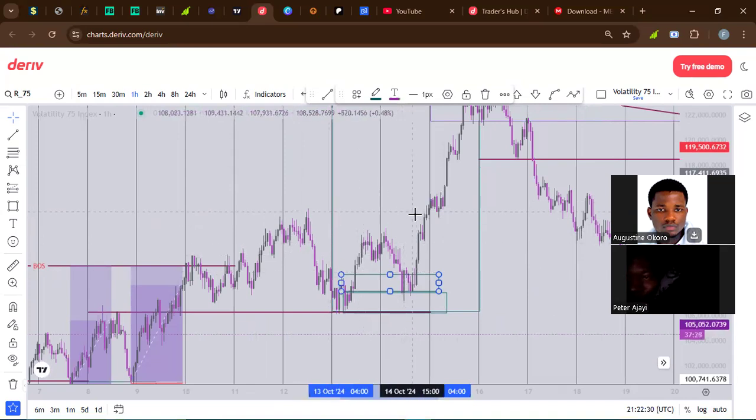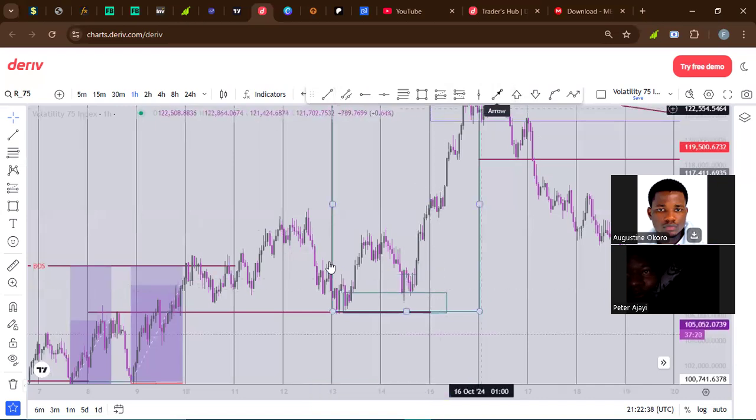You can see this line right here. It just identified the daily movement. So you can see how you'll be able to just join the trade. We already know that the market was bullish the other day. Then the market will most likely dump, come to another block, or a fair value gap, or a breaker block for the market to reverse. This is my strategy. My strategy is very simple.